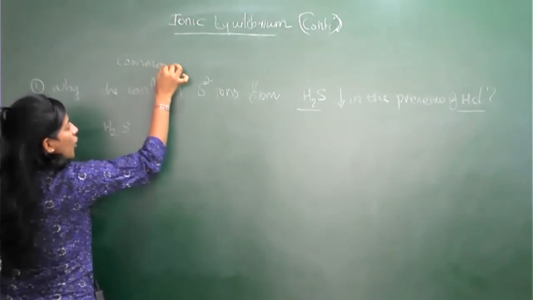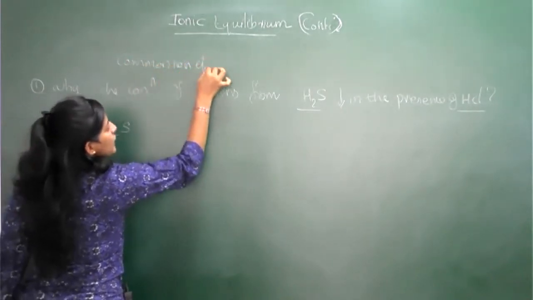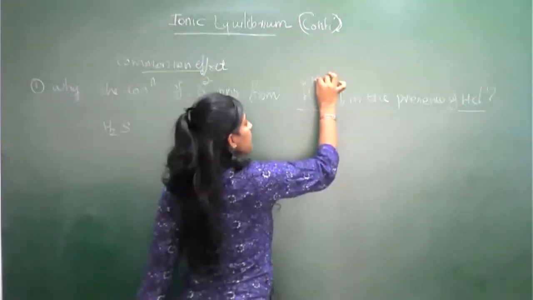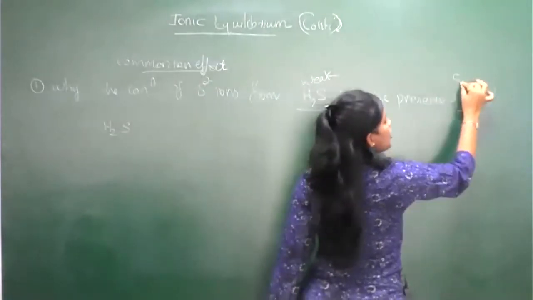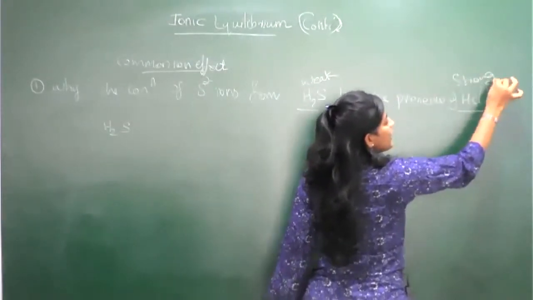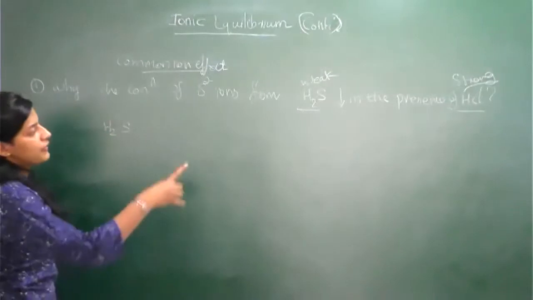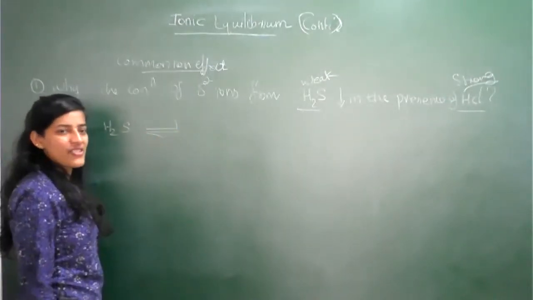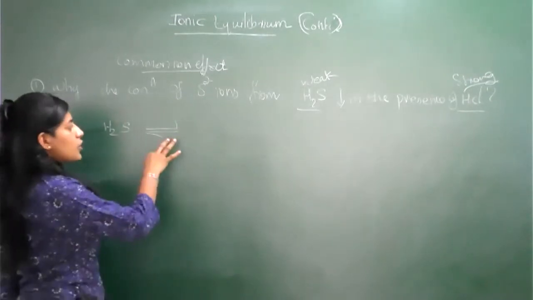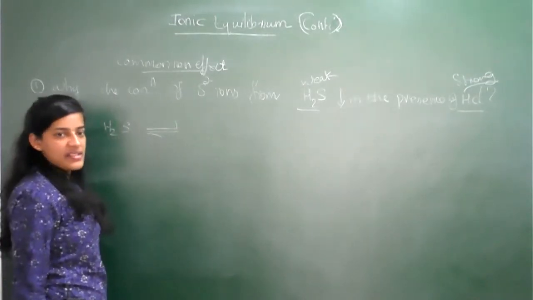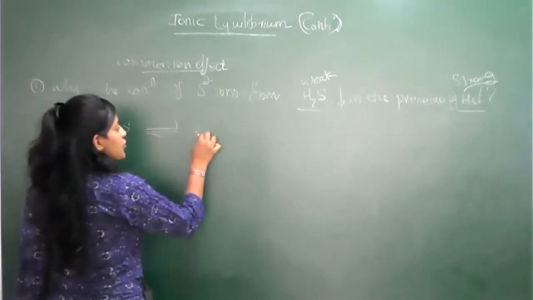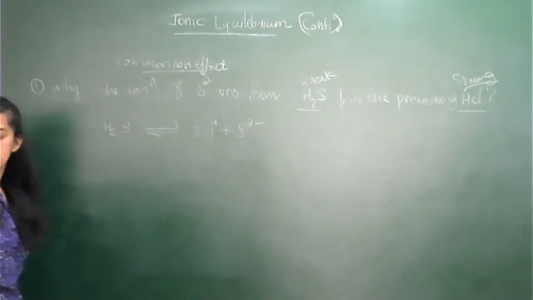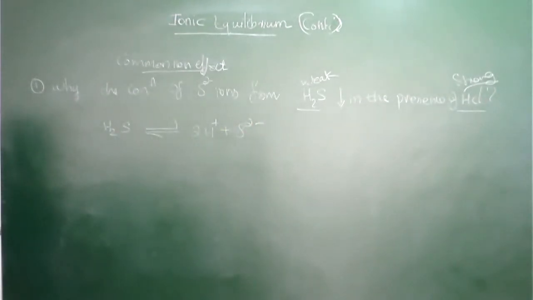While checking a common ion effect problem, first one should be weak and another should be strong. This is the general thing. So here you can see the weak one, H2S. Complete dissociation or partial dissociation? Weak means partial, so you put the reversible arrow. Then it dissociates to H plus plus S2 minus. They are going to dissociate like this.